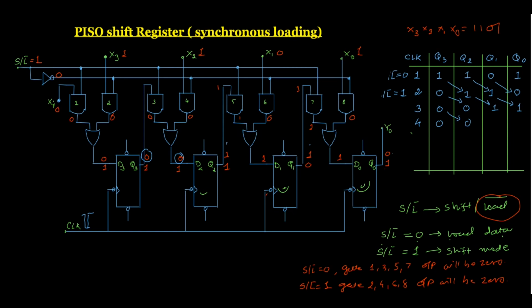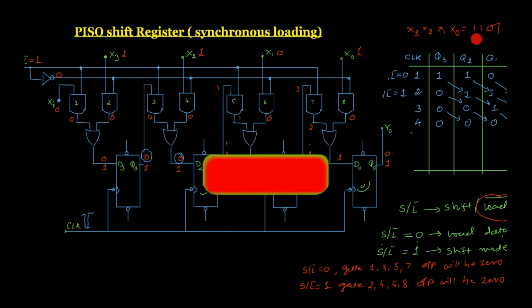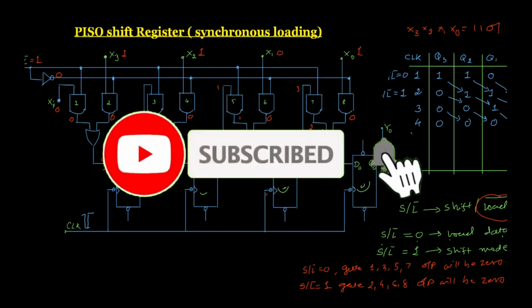The Q2 is transferred to Q1 and here we have a 1 at the output of a SIPO register. So if you see that my input data are 1101 and now Q0 is nothing but